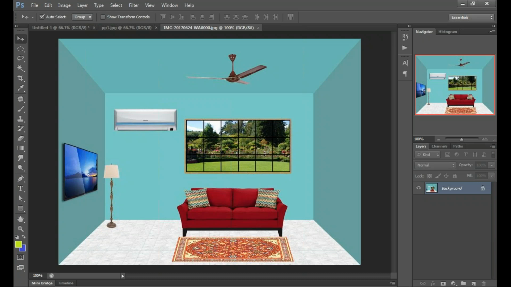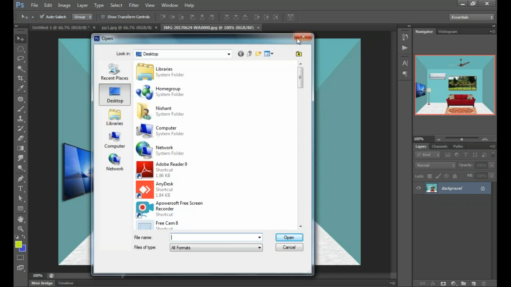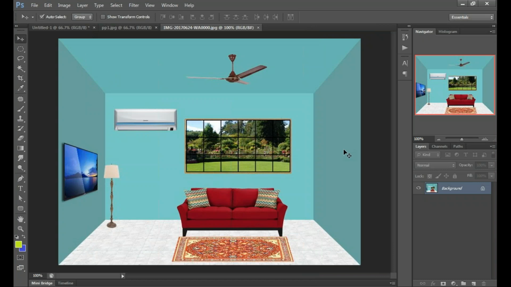Okay? You can open any image by going to this option, open, and you will see a pop-up window. You can choose any image from there. It will open and show like that. Okay. To check the image size, you can go to the image menu on the top of the menu bar.